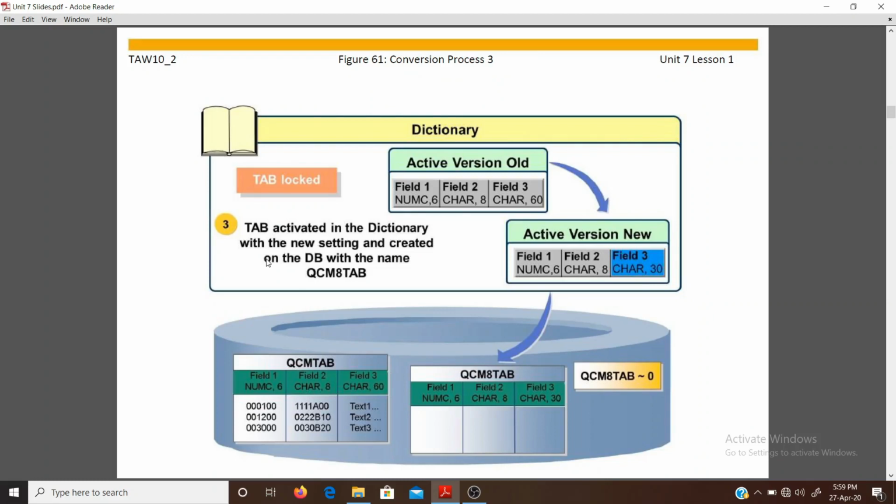As we are going to change this active version and add a new field or change the field length from 60 to 30, the dictionary will change its state from the old state to the new state. Now you can see this table is activated in the dictionary with the new settings and created on the database with the name QCM8 TAB.